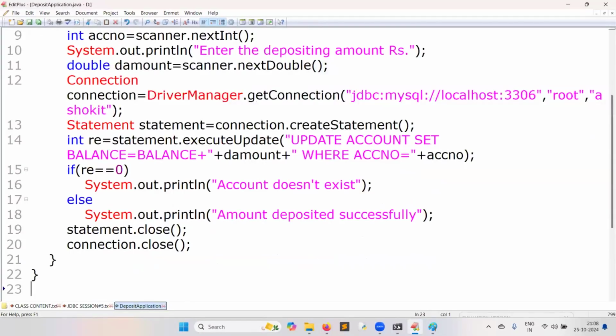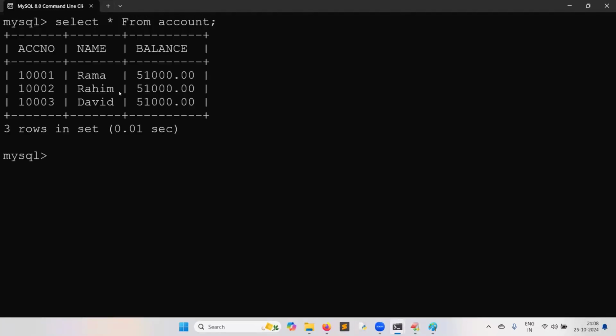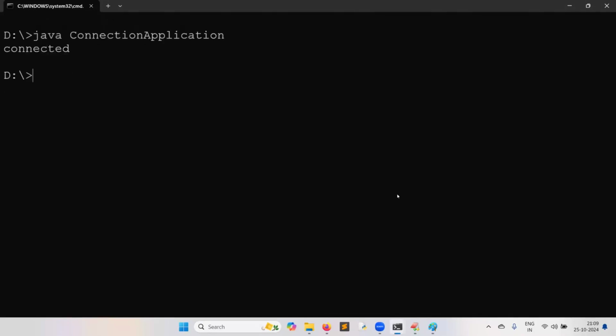Okay, now let us see. Select star from account. See, these are the accounts already there in the database. Now let me execute and run the program. javac DepositingApplication.java.